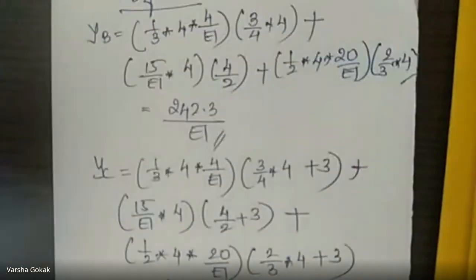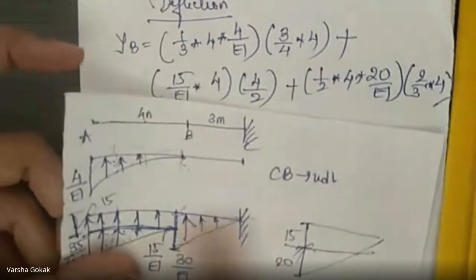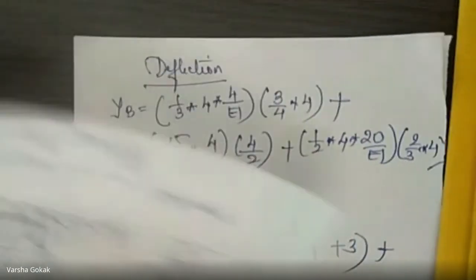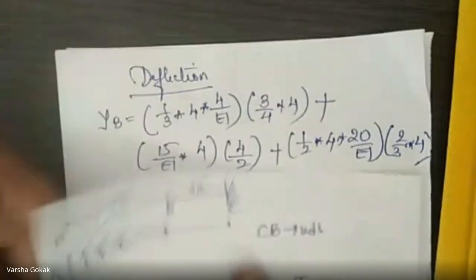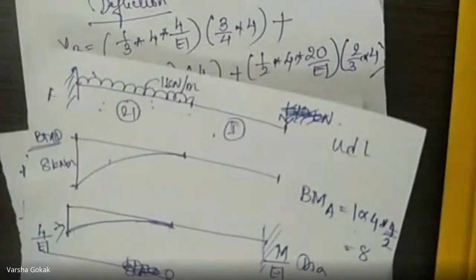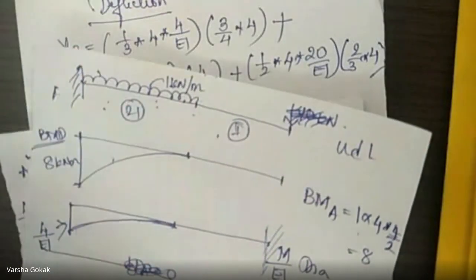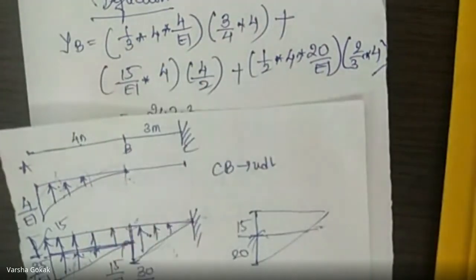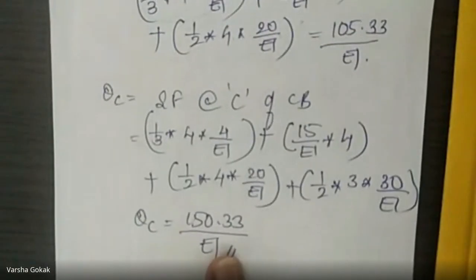Now, numericals seem easier. Why? Because we know the distances. Now, in this chapter, they can give you either loadings like this, like how they gave you loading over here, or they will give you a standard case like throughout UDL, etc. If it is throughout UDL, all your values will be in terms of L and W. If they give you values like this, you will get a final result in terms of magnitude.